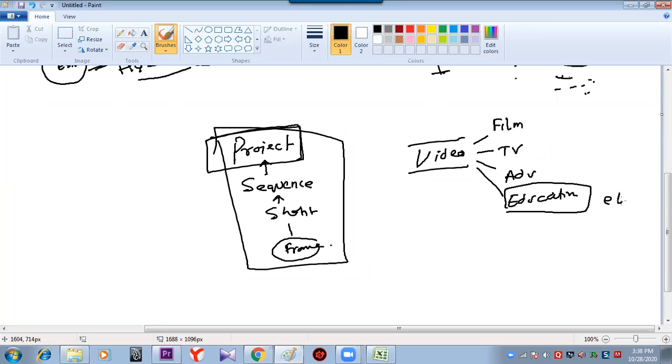E-learning, Byju's, a one billion dollar company, Shah Rukh is the ambassador. They are completely working on Adobe products: Premiere, Photoshop, After Effects. If we are aware of these three software, then as your own entrepreneur, you can start working anywhere. It is possible. Education is a very booming sector nowadays.